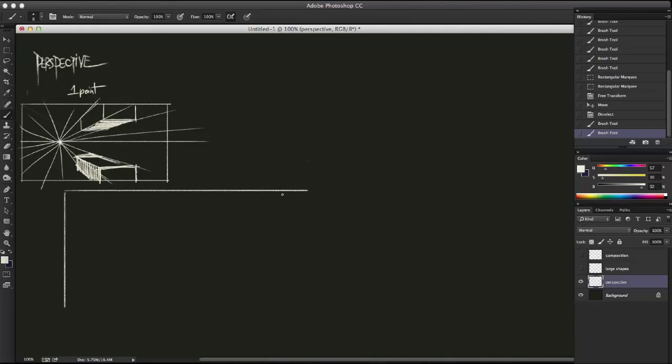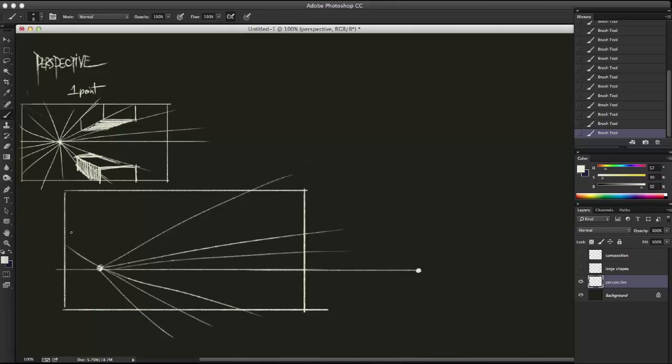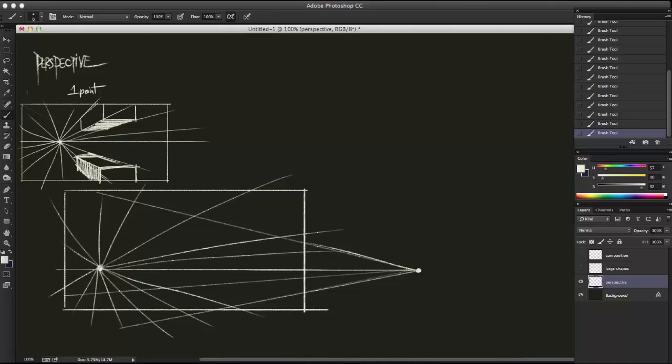So another way is the 2 point. 2-point perspective. Here's our horizon line. Usually 1 point will be inside of the picture plane and 1 point will be outside of the picture plane. The reason is that you'll have less distortion if you do this. I'm just doing this very loosely as if we're quickly sketching it on a chalkboard, and you can already see there's a fair amount of distortion happening,